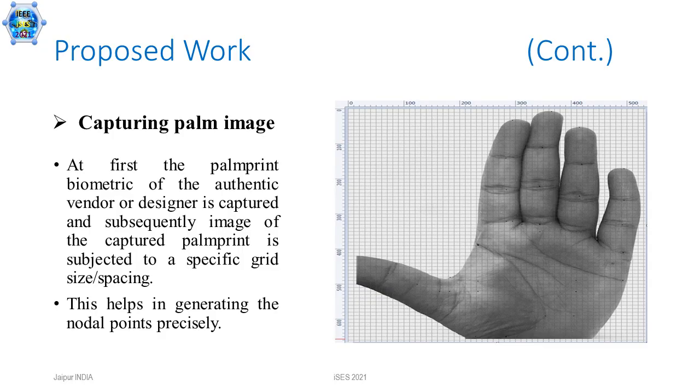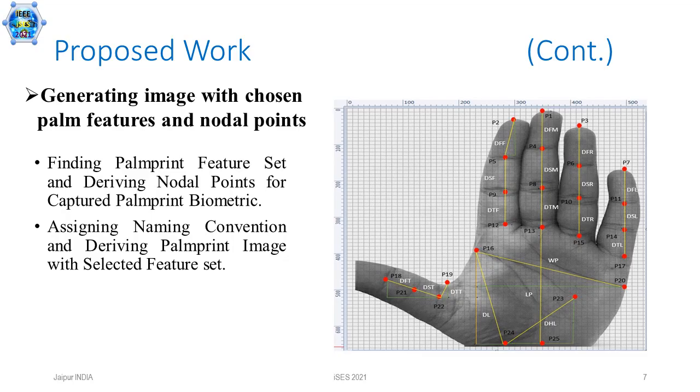So this is the captured palm image, laid out in terms of a specific grid size and spacing. And these are the different feature sets of the palm image. For example, these are the abbreviated names: TATF, DSF, DFF, and so on. In total, 19 palm print features have been exploited in order to generate the palm print